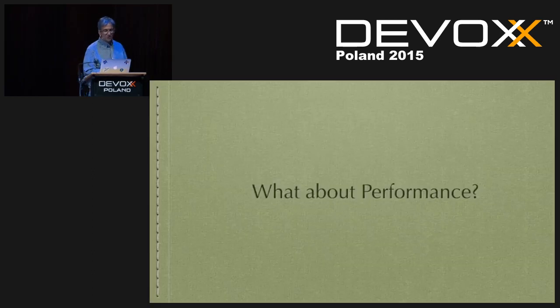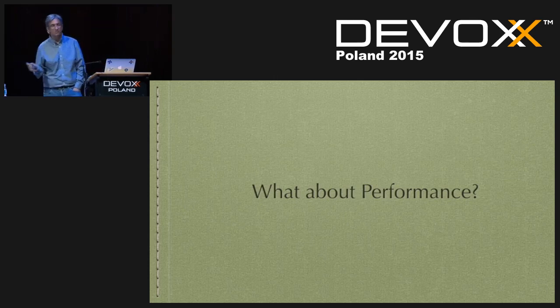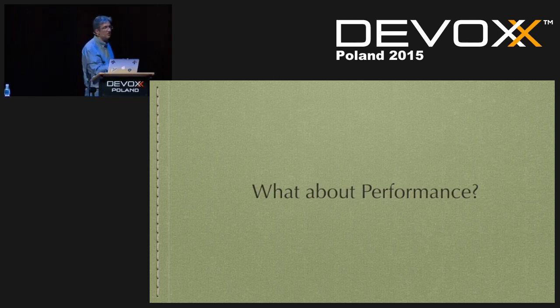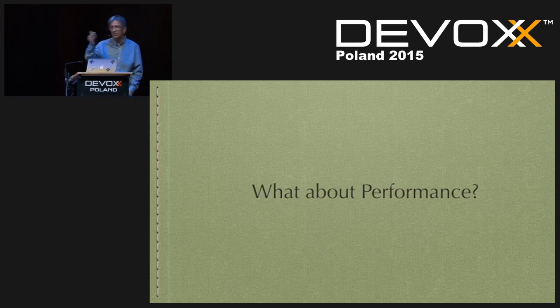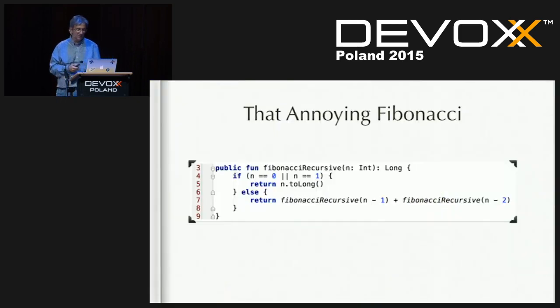Now, one of the things that you always think about when you start to work with functional programming and recursive programming and stuff like that is performance. And here's the thing. By and large, performance has zero impact on your code because it's either the database or the internet connection or your server or something that probably has a greater impact than performance. But hey, let's think about it a little bit nonetheless.